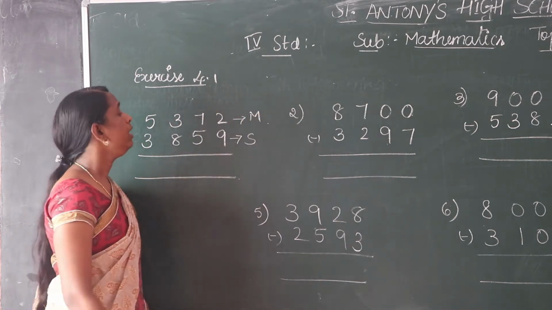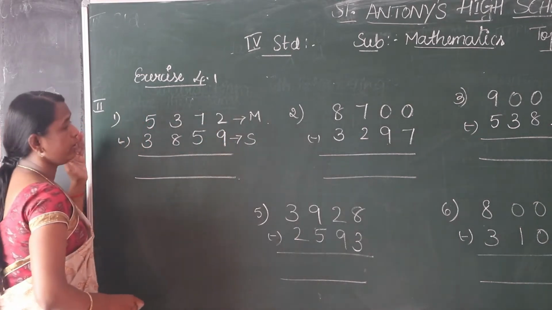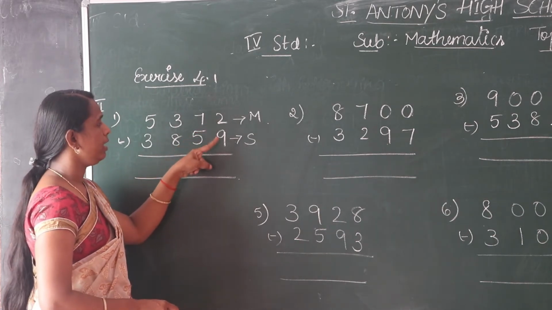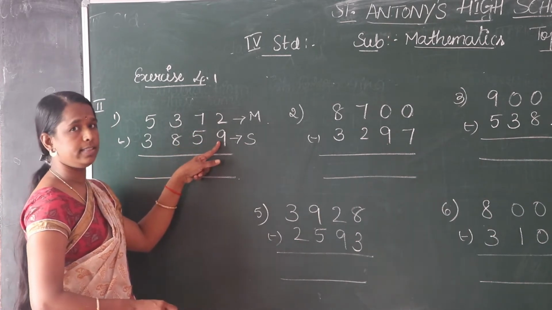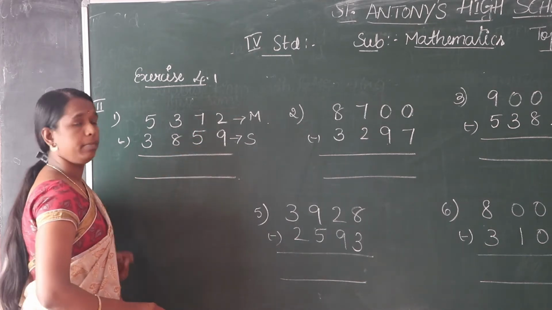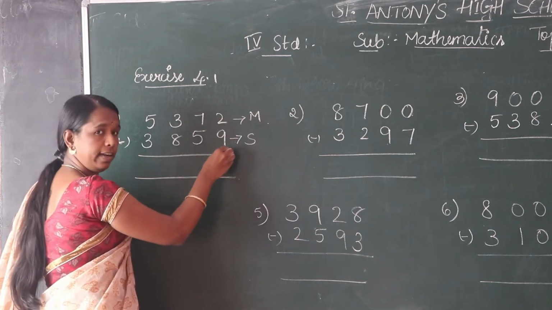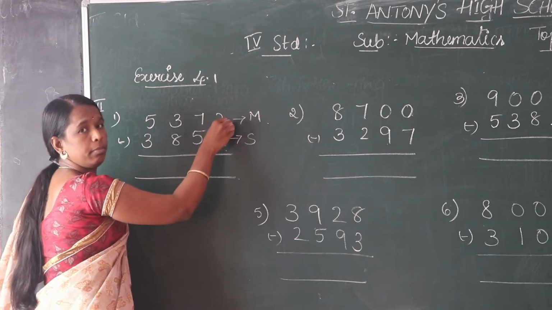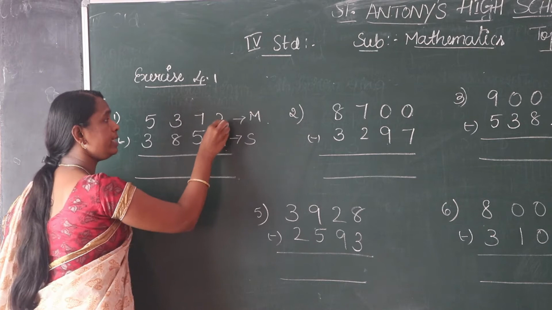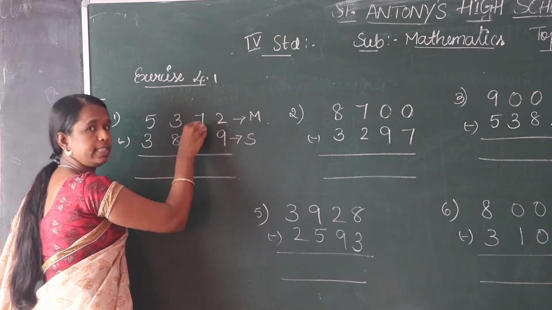You know that now. Next we have to subtract one by one. Okay. Here in the unit place 2 is there. So in the subtrahend place 9 is there. So is it possible children? Why? Because 9 is greater than 2, means subtrahend is greater than the minuend. Okay. So 2 minus 9 is not possible. Take borrow from the nearest tens place.